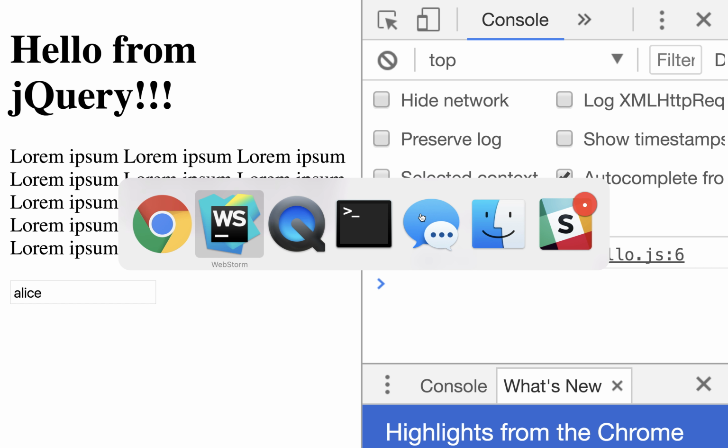The reason is that the jQuery library is just one of many libraries that you're going to be loading. Here we have two JavaScript files that we're loading, and both of them are declaring things on the global space.